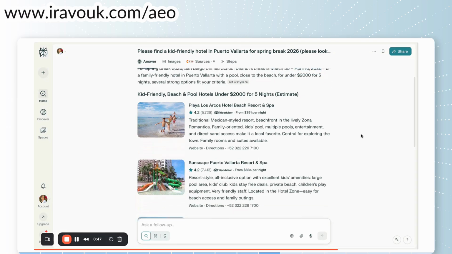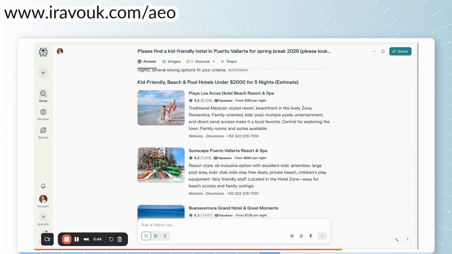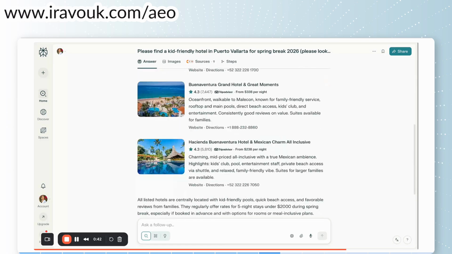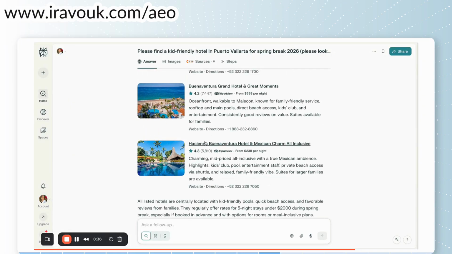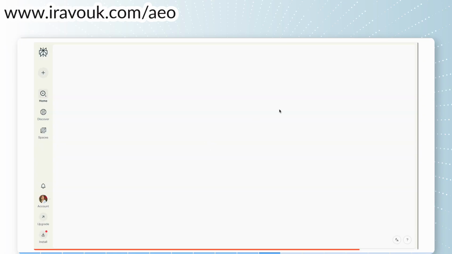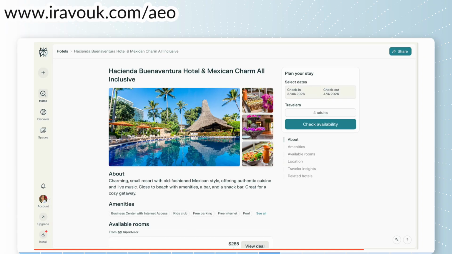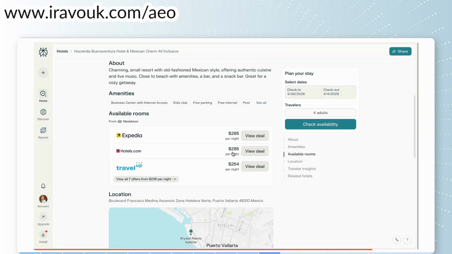It was able to pull up the correct dates for the spring break, and then again gave a few options of hotels to choose from. All of this again comes from TripAdvisor data. If you click on one of the hotels, you can see that you can look up availability and rates, and the rates would be provided